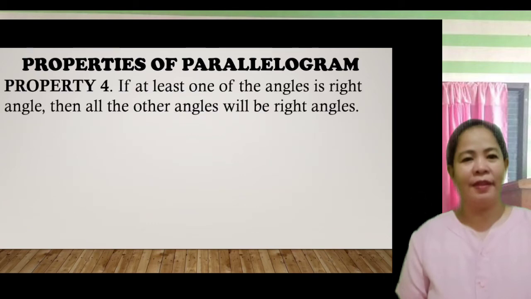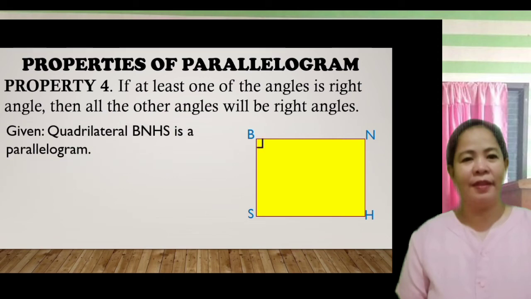Next is property number 4. If at least one of the angles is right, then all the other angles will be right. We have here parallelogram BNHS. Okay. Now, angle B is a right angle. And according to property number 4, if at least one of the angles is right, then all the other angles will be right angles. So this means that if angle B is equal to 90 degrees, then